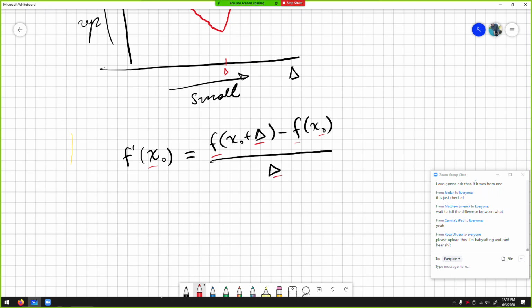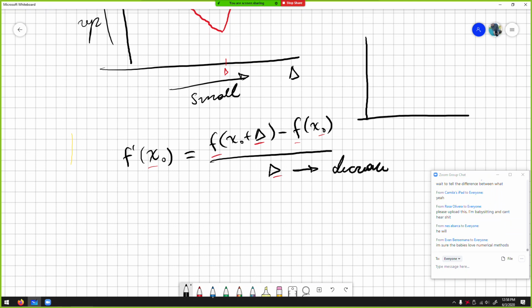You have to know finite difference, and I will show you in a second what we're expecting from you on the exam. But this is something that you have to understand: if I decrease this delta, my approximation will be better. My approximation will be more accurate, because if you think about it,